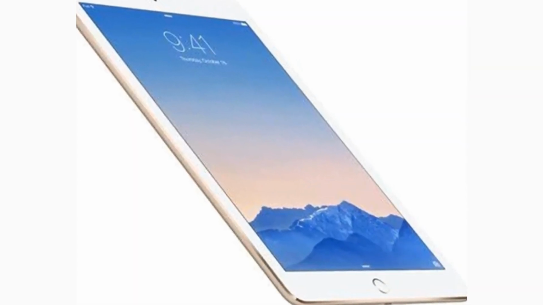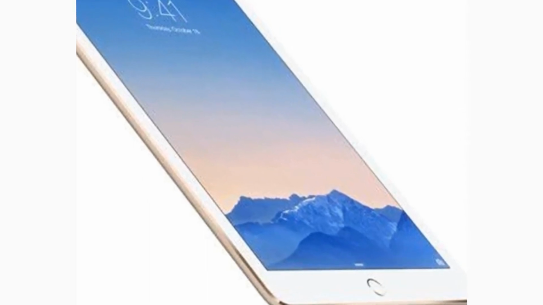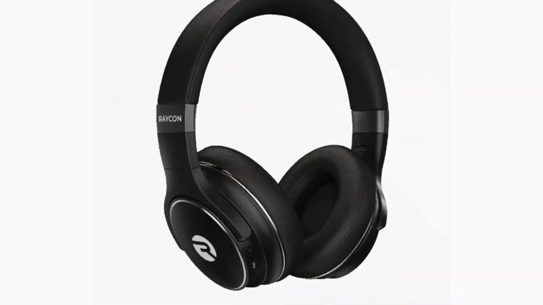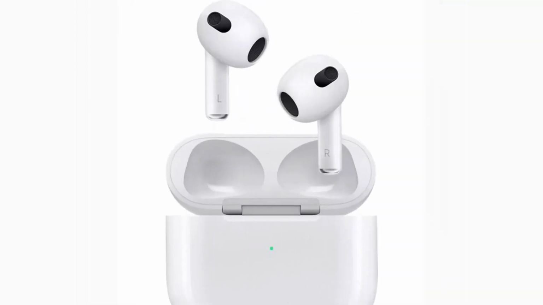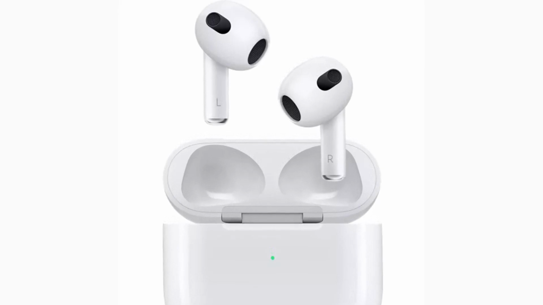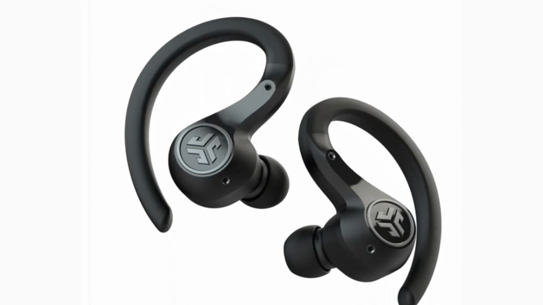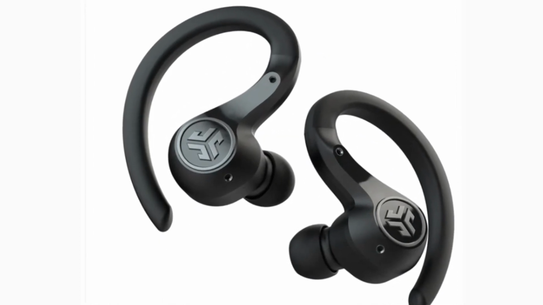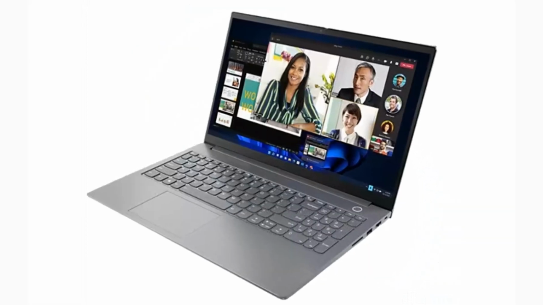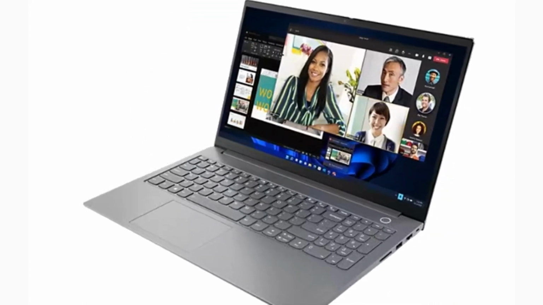Another factor driving the decline of the 3.5mm plug is the growing popularity of wireless audio options, such as Bluetooth headphones and earbuds. Wireless audio offers convenience and flexibility, as it eliminates the need for physical cables and allows for greater mobility. This has led to a shift in consumer preferences towards wireless audio solutions, and some device manufacturers have responded by removing the 3.5mm plug altogether.